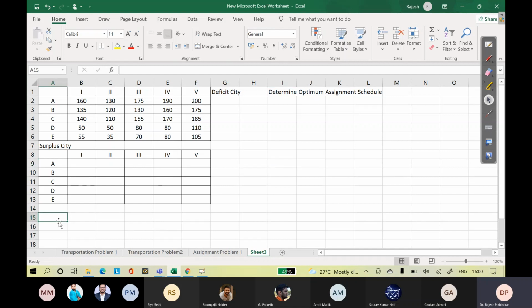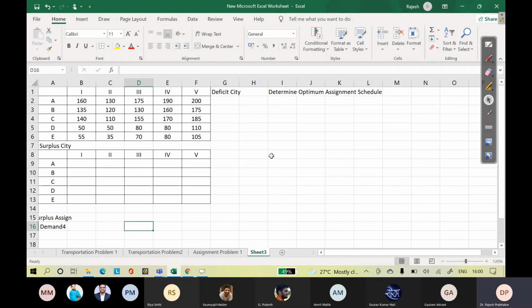Okay, so this side we talk about what in the earlier program we decided. This would be your surplus assign. Demand 4 will be there.